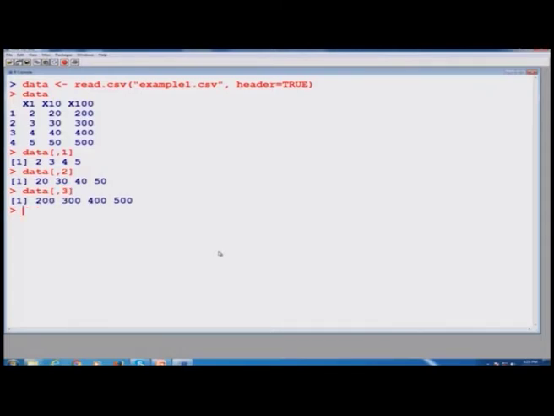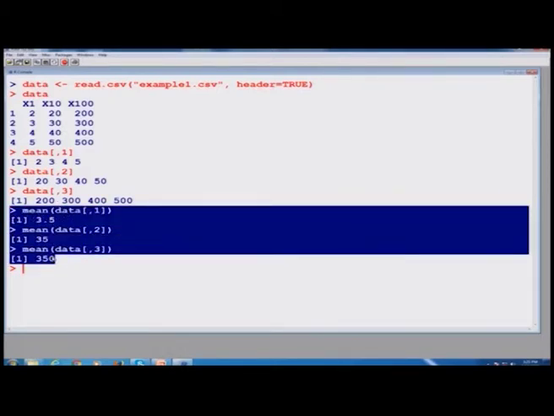I can also find the mean of data 1, which is 3.5, the mean of data 2 as 35, and the mean of data 3 as 350. In this highlighted part, I have found the means of the 3 columns,